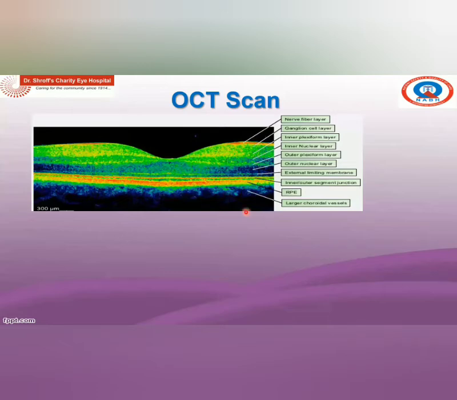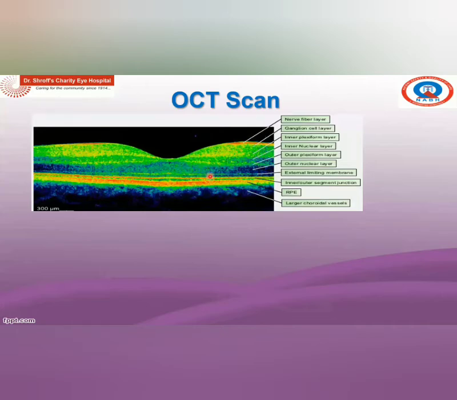The first color we can see is black. The up and down is black. We can see a bluish haze here. We can see a red and yellow here. We can see a green here. So these are different colors which are seen in an OCT image, and these colors represent different layers.